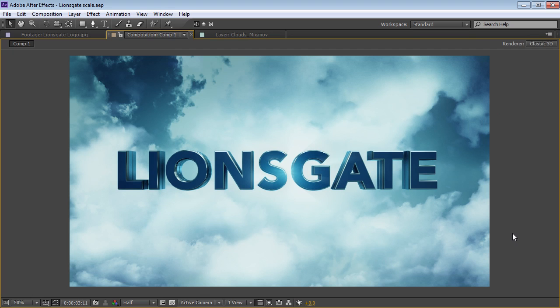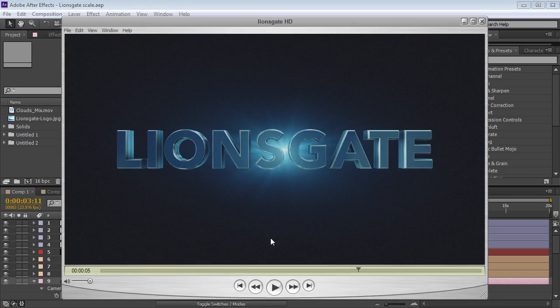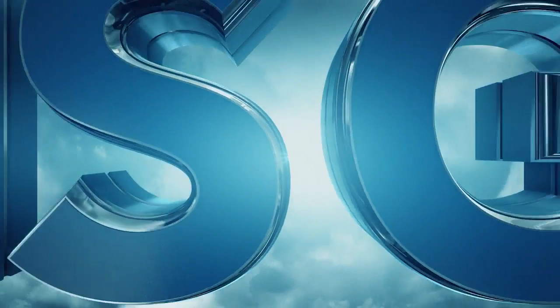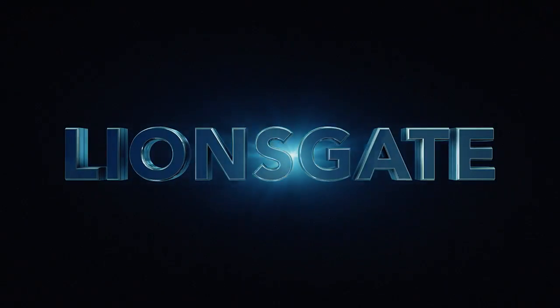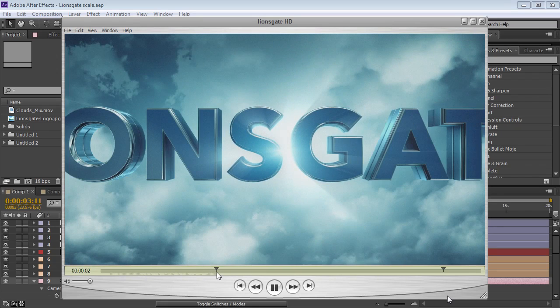Today, we're going to be taking a look at recreating the Lionsgate Studio logo. So let's take a look at the finished product. It's actually pretty straightforward, but I wanted to see if I could recreate it inside of After Effects with Element